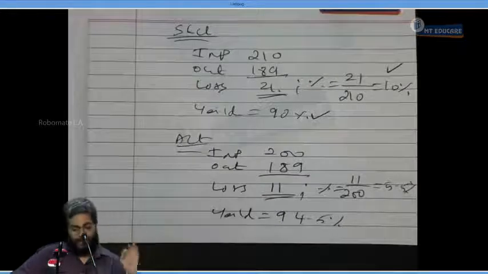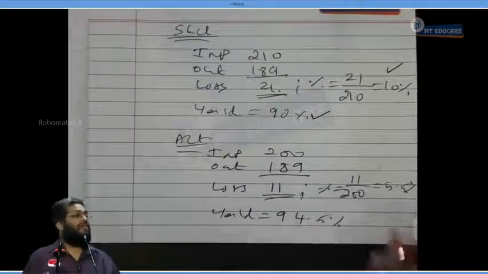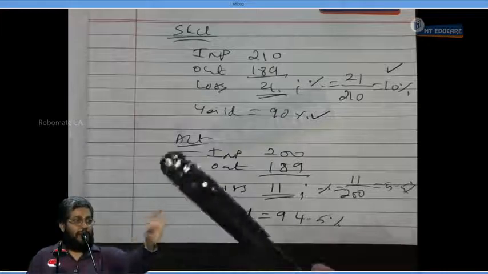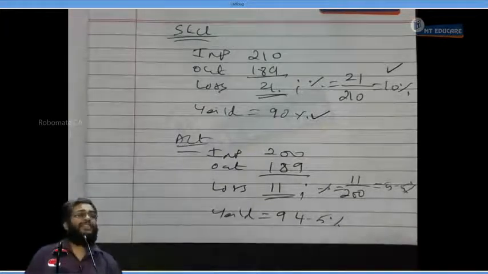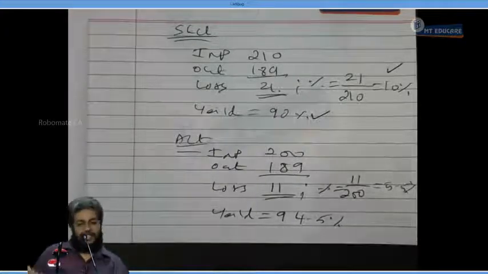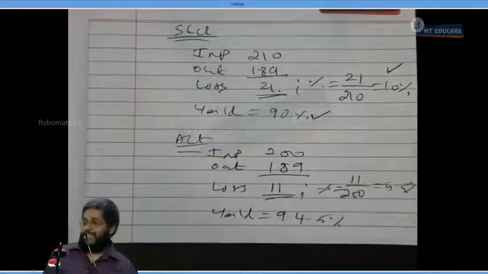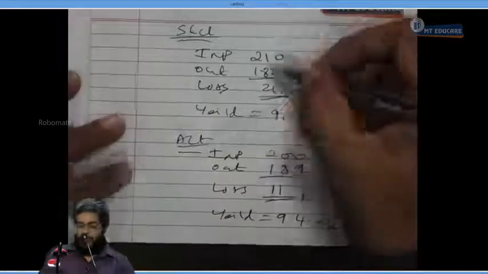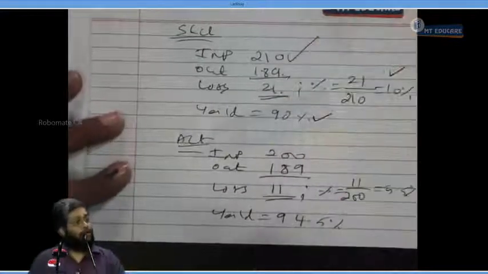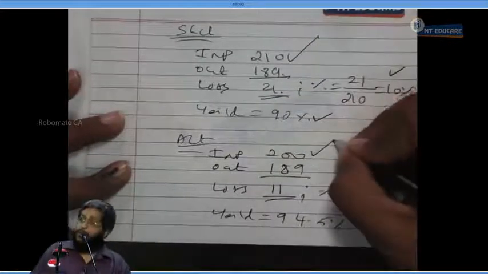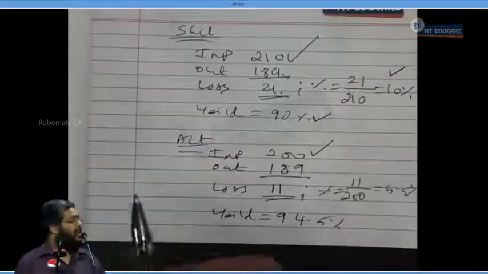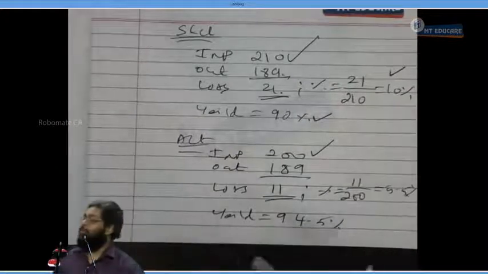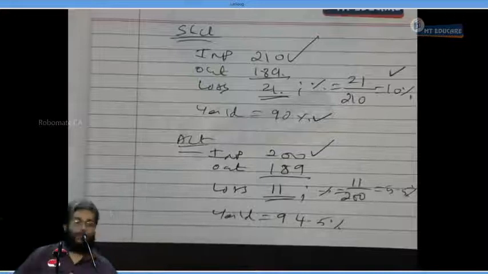Yes or no? Now tell me, what is the formula for yield variance? 1 minus 4. In column 1 and 4, what is the same? Standard price is the same. Mix is the same. What differs is only quantity. The budget says for your output you are allowed to put 210, but I have put only 200. That means I have saved quantity or not? With the lesser input, I am able to achieve the same output.